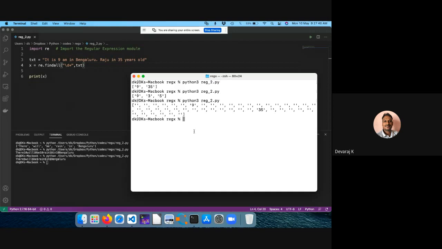What does it do? If I put the star, it's going to check each and every position and take everything else as blank. Only at the positions where the 9 is and where the 35 is gets printed, and the remaining all will be blank.